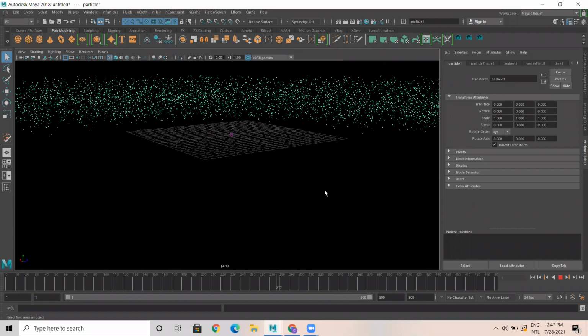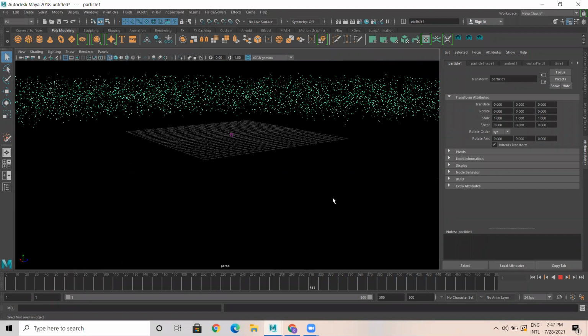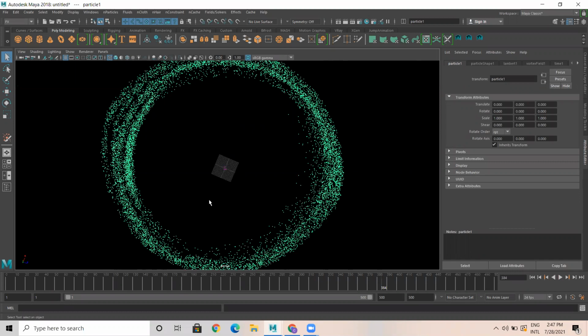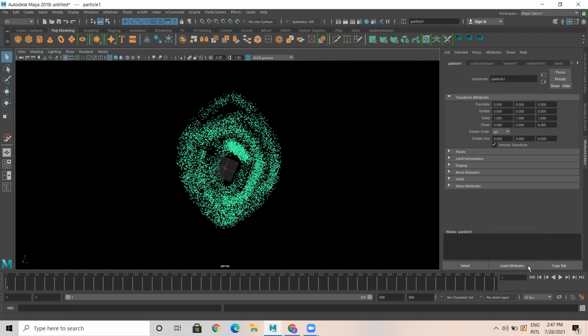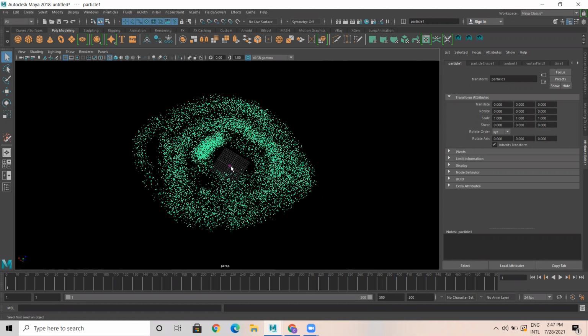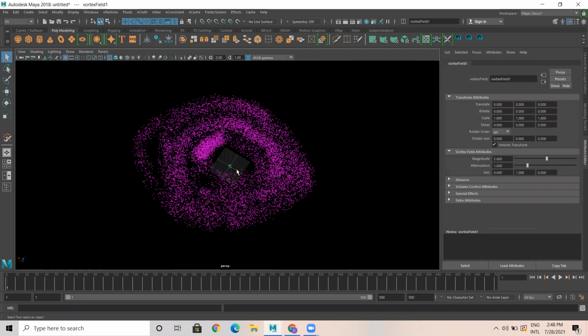Okay. You have an option like this. Why? Because see, this is vortex. Vortex, for example, a twister. How does a twister work? The same way vortex does. The same effect vortex will give. Okay. I have given vortex, right? So I'm selecting that vortex field, which was there in the center.